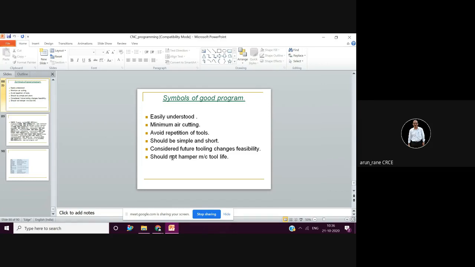people have a bad habit, especially the operators, wherever there is mass production and the CNC machine runs in first shift, second shift, and third shift. The operators have a habit of sleeping in the third shift. Suppose the third shift timing is 11 to 7, 8 hours.